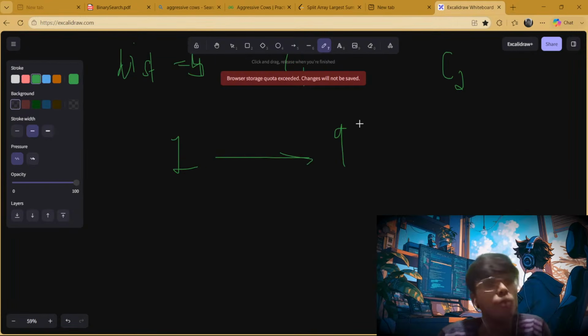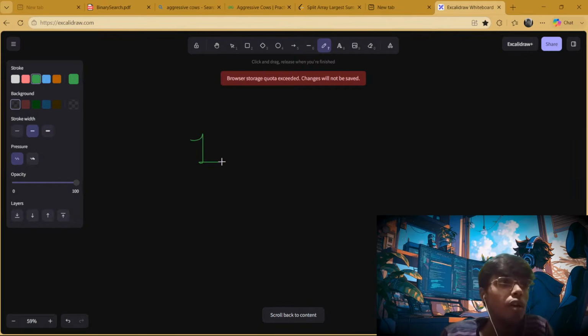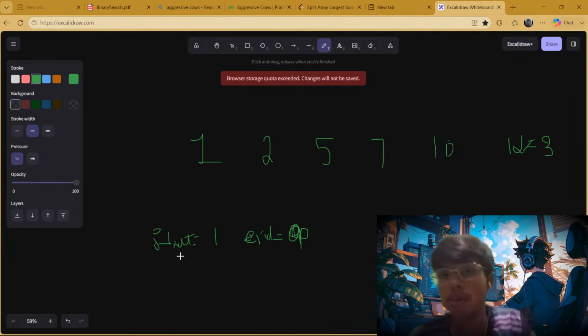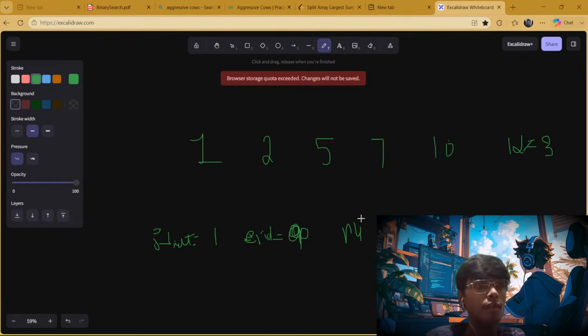So let's do it. First I will mark 1, 2, 5, 7, 10, and now I have been given 3 cows. Right. And now I will take start to be 1 and end to be the difference between the largest and smallest, which will be 9. Now I will find mid. After finding mid, I got 5. So I placed my first cow